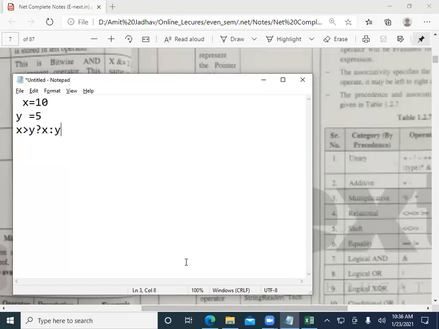It means here you check if x is greater than y. If it is, then it will return x, otherwise return y. It is used the same as an if statement.